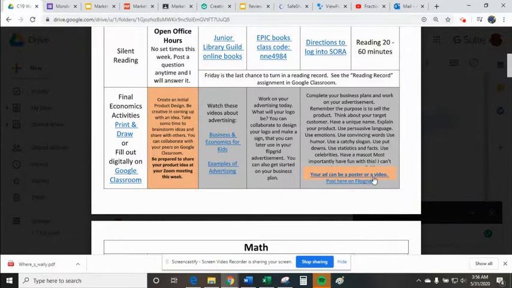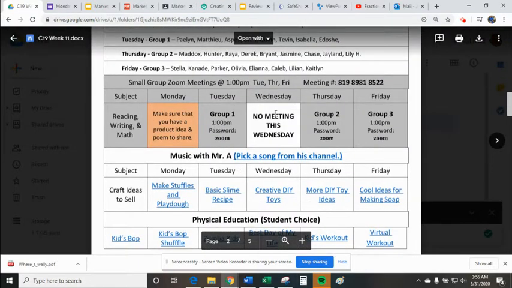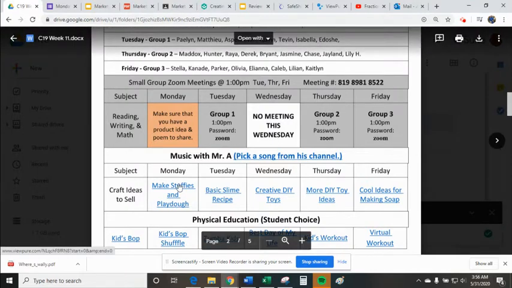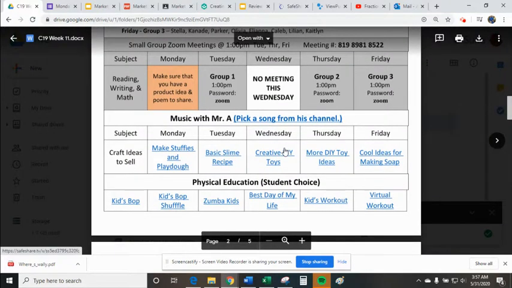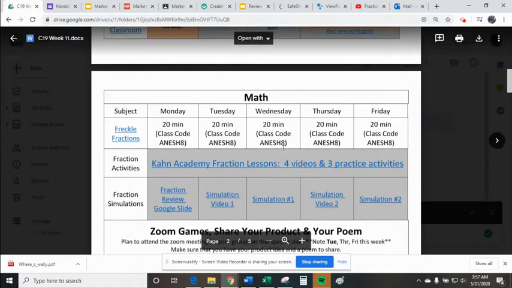And then here, this is where you're going to make a poster or a video that you're going to put on Flipgrid for your advertisement. Okay, but this is just to kind of brainstorm what your idea is. And I even put, instead of art, I did crafts this week, like different little things that you might think about doing for a product to give you an idea on there as well.